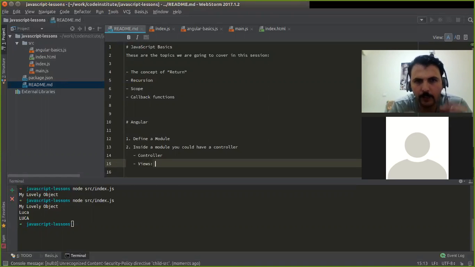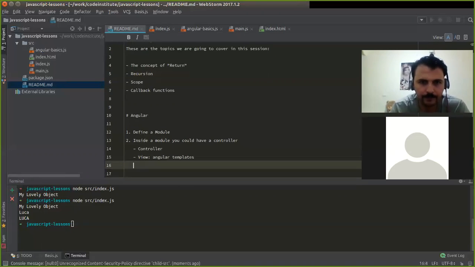Views in AngularJS, when you say view, what it usually means is your AngularJS templates. But that's the point. Every single one of these concepts is sort of vague if you want to compare them